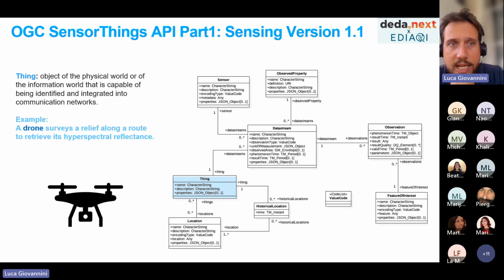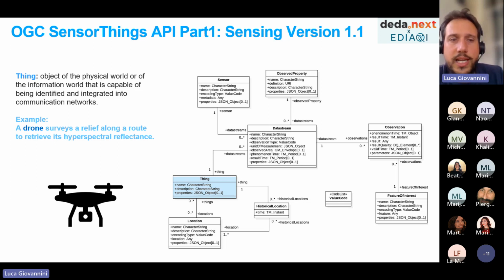A thing, remember we are talking about the Internet of Things, is the object of the physical world that is integrated into the communication network on one side, and it's connected to the sensor on the other side. So in this case, it's the drone.